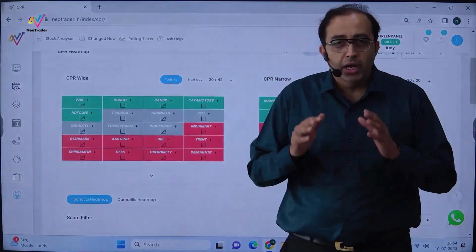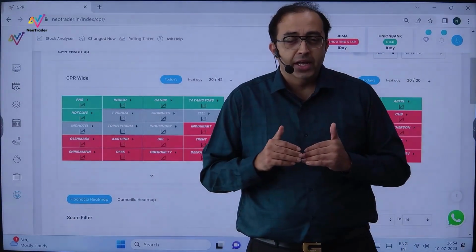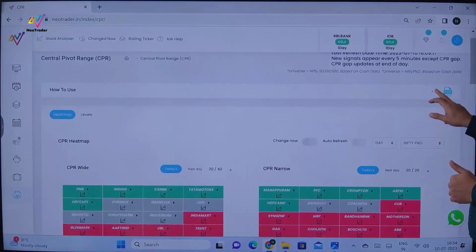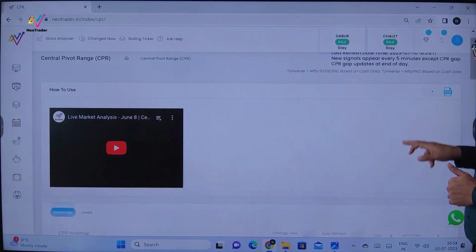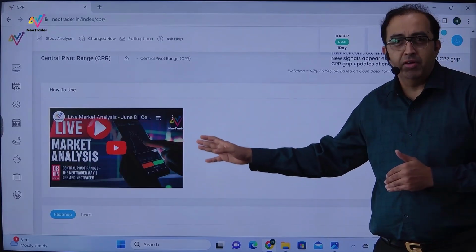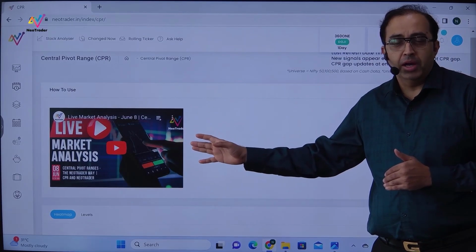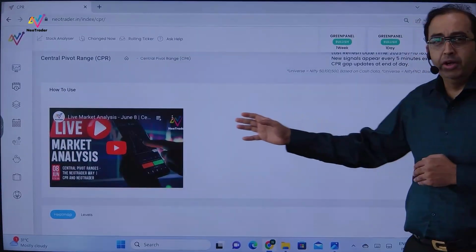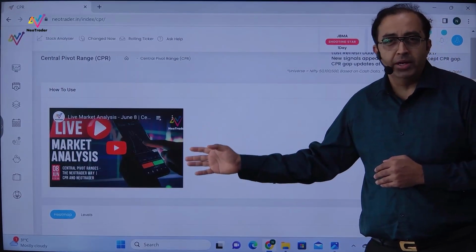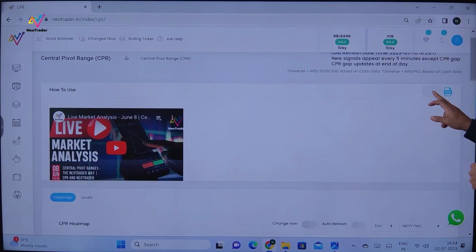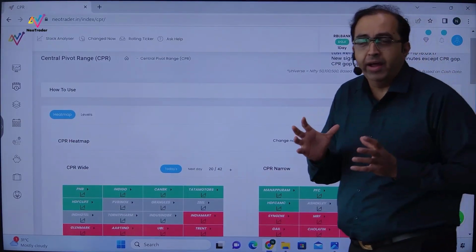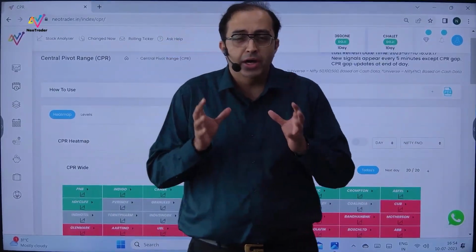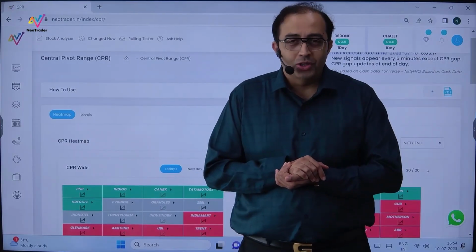Now, to ensure that you can revise this again and again, what we have done is we have a very useful feature right at the top of the page, where you see a plus symbol here. In this plus symbol, we have covered how you can use the CPR and how to use the CPR features. There is a video available here. You can watch this video and get more understanding of the same. Plus, there is also a PDF, a help file, and I want all of you to go through it, read through it, and ensure that your understanding of CPR is rock solid, right?